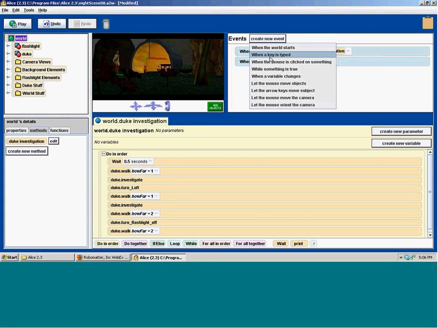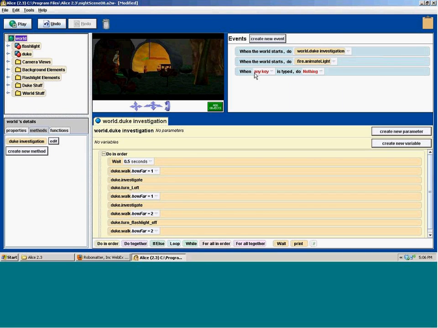I'm not going to go through all of them, but I will tell you a couple of key ones. There's let the arrow keys move a subject. There's when a key is typed. So what's going to happen is if you do a when a key is typed, you can press the space key. When the space key is typed, do something. And that something that the program is going to do is one of these